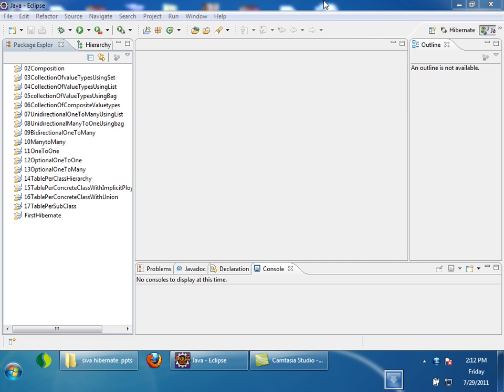To understand that, let us understand there are a lot of ORM frameworks in the market. Hibernate is only one of the ORM tools. The other tools are like Toplink from Oracle, Kodo from BEA WebLogic, and also Eclipse Link. There are a lot of other ORM tools also which are not even famous. Let's assume today you wrote all your DAO layer, data access layer using Hibernate API, and tomorrow your client wants